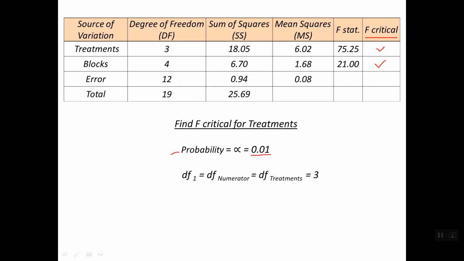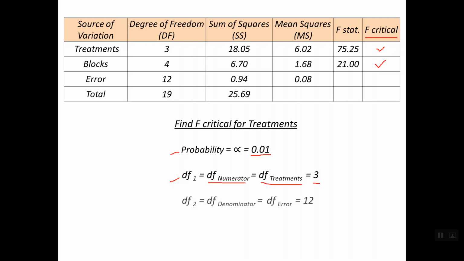We need to know the first degree of freedom, df1, the degree of freedom in the numerator, which is simply the degree of freedom for the treatments, equal to 3,